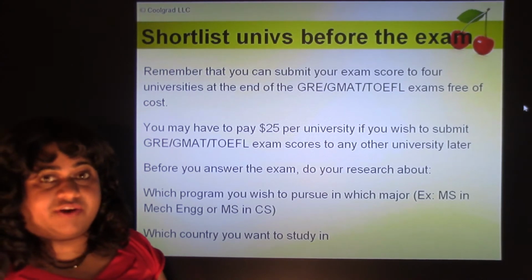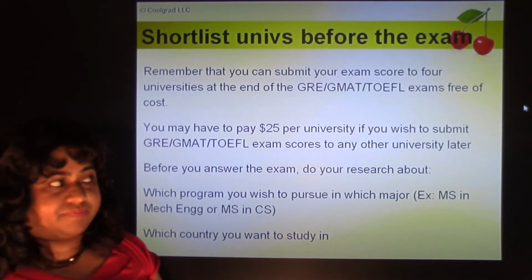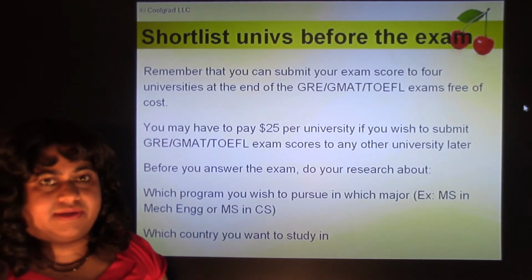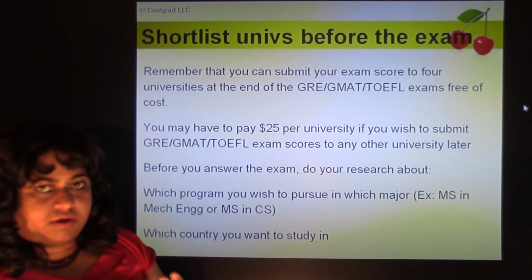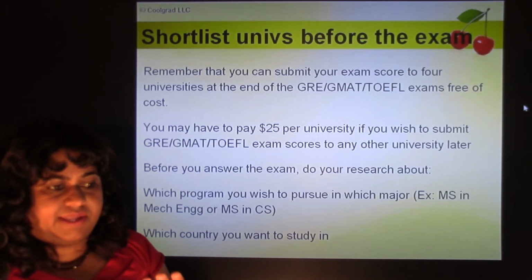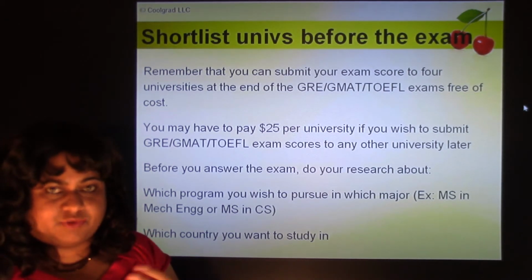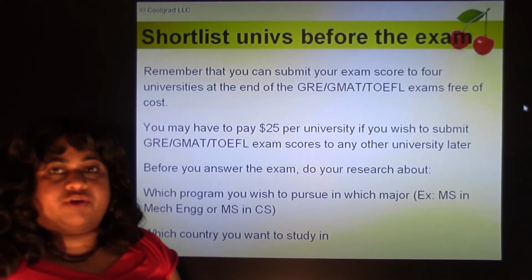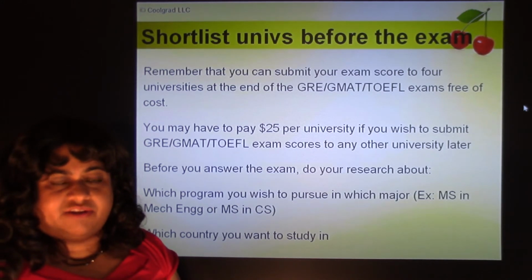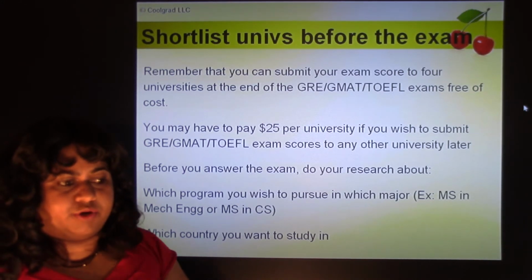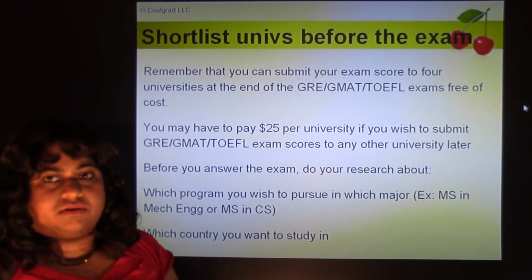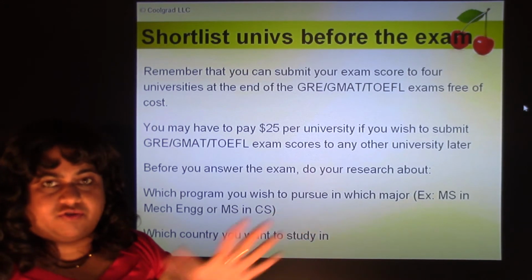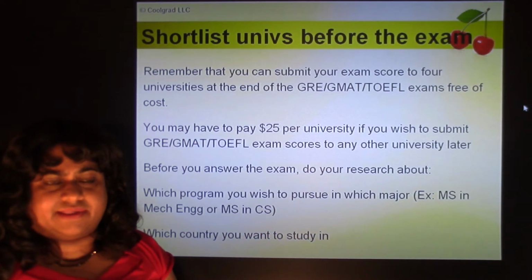So remember to shortlist universities before you go to the exam. At the end of your GRE, GMAT, TOEFL exams, before you hit submit, you have to give the names of 4 universities to whose programs you want to submit your exam score. Suppose you're doing a master's in mechanical engineering and you have shortlisted Purdue University, Rice University, Harvard, and Stanford. So you have to submit your GRE scores to these 4 universities, and then